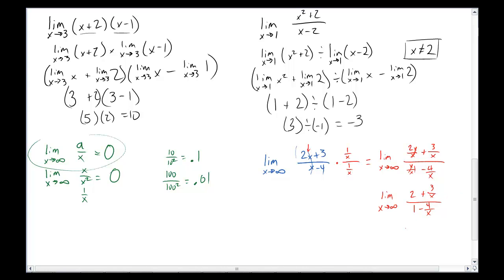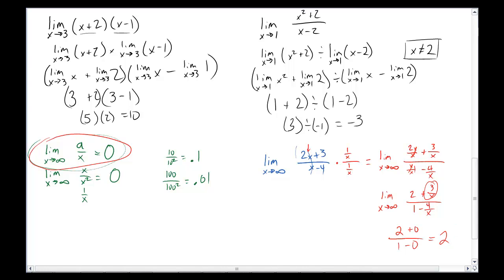Okay, yes it is, but note that with what we talked about over here, this now makes the limits really nice and the infinities all go away. Because I can take the limit as x approaches infinity of 2, because that's still just 2. I can take the limit as x approaches infinity of this fraction, because that's this situation over here, where as x gets really big, that's going to become 0. I can take the limit of 1, because that's a constant, and again, this one's going to be 0,